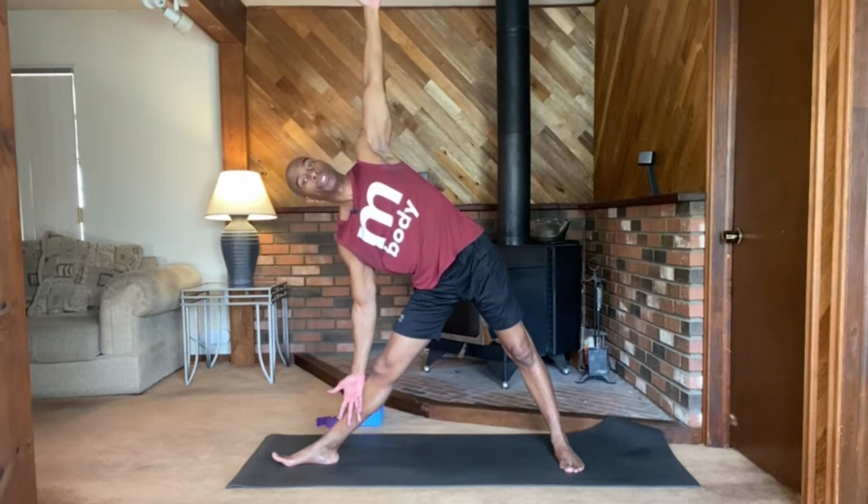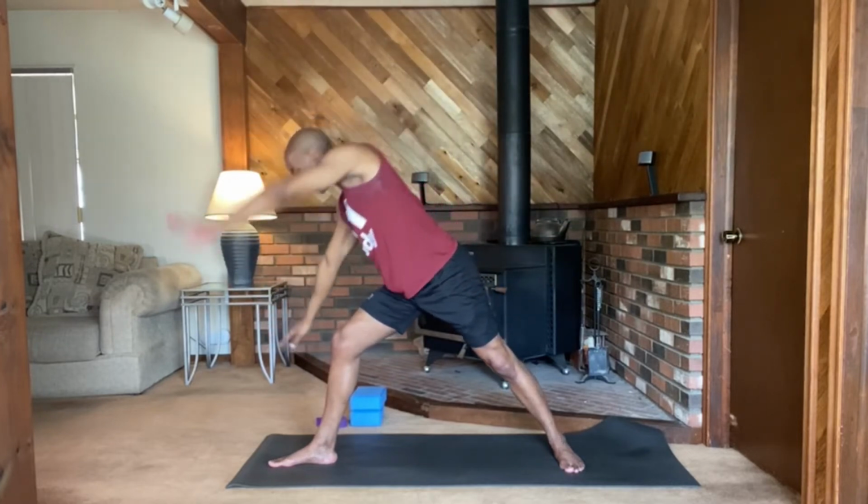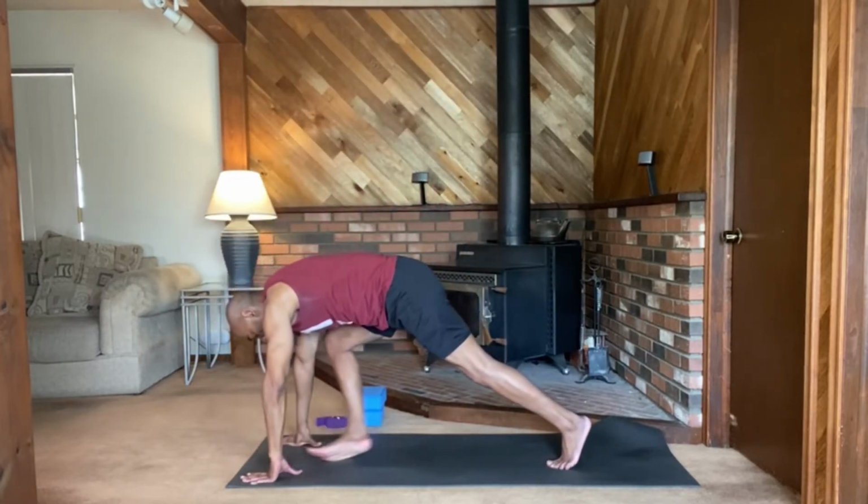Come out of this posture, we're going to put a good bend in the right knee, lunging, coming up to warrior two. Let's just go ahead and reverse the warrior since we're here. Right hand reaching up into the air, good. And we're going to windmill, bringing the arms all the way around and down to the floor, stepping back, plank